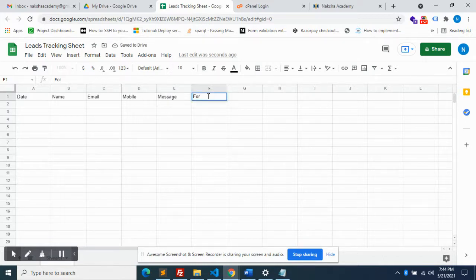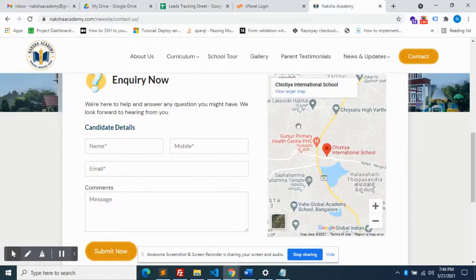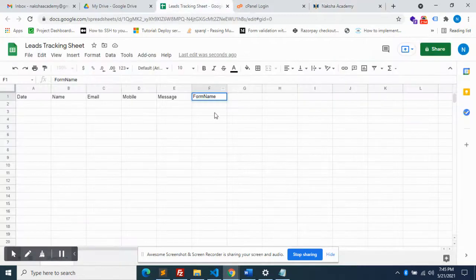And what is the website form name, for your purpose? For example, in this website we have a lot of forms like the home request a quote form, contact form, or admission form. So different forms will be there. For tracking purposes, we have a field called form name, and another one, source.